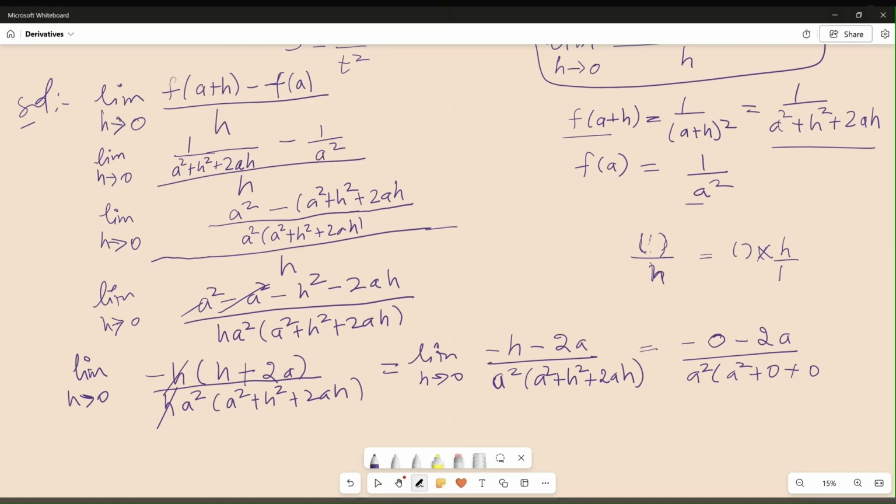So we are left with negative 2a divided by a squared times a squared, which is a to the 4, and one a is going to be cancelled out with this. So the velocity of this function when t is equal to a is negative 2 divided by a cubed